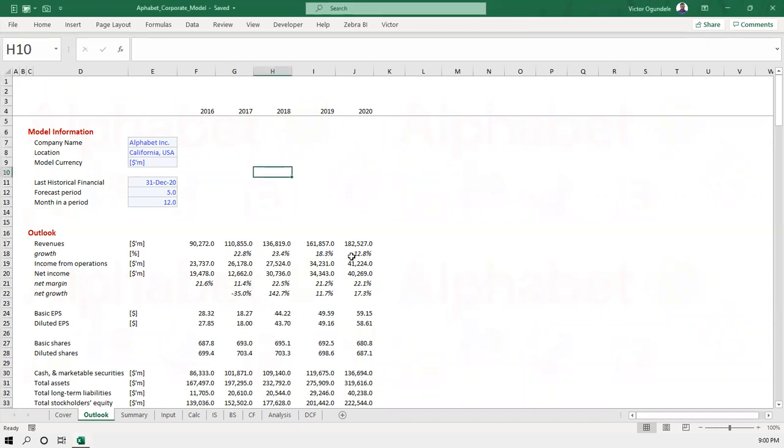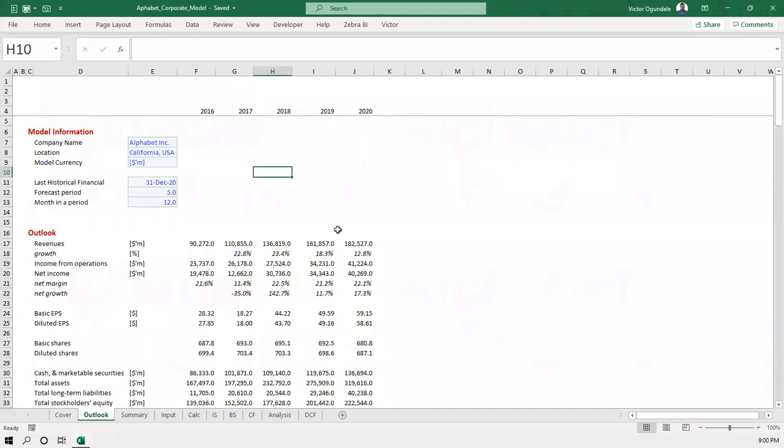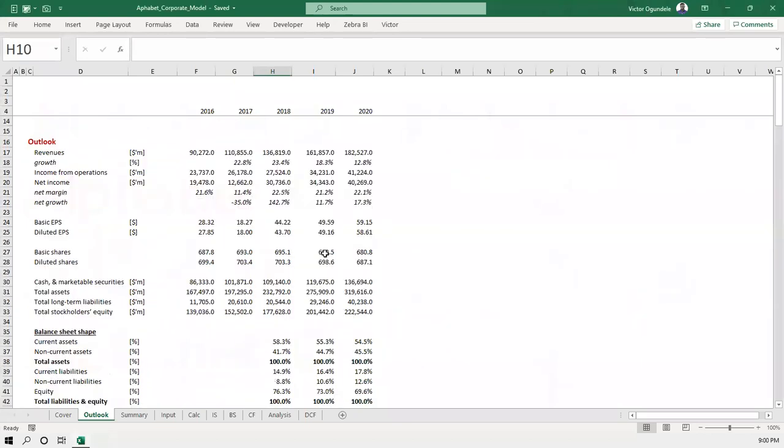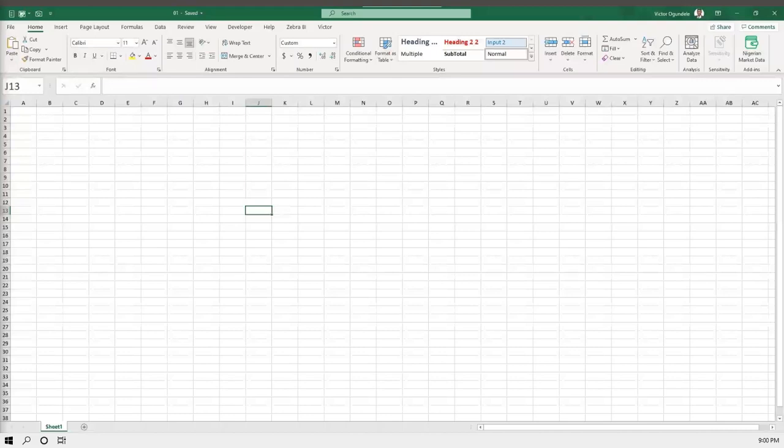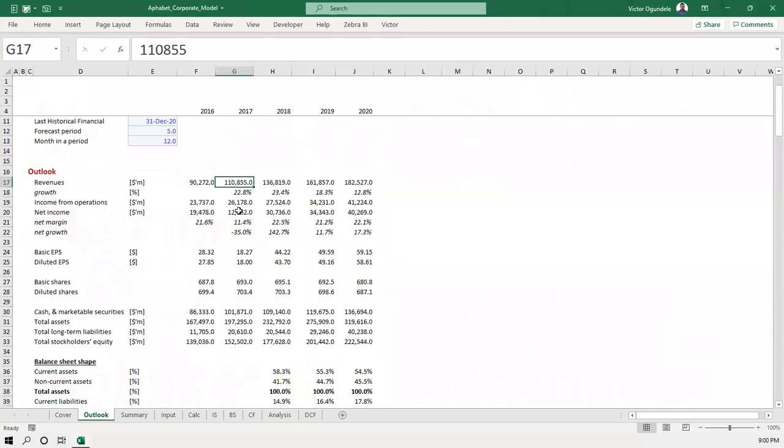So whenever I want to start a model, hopefully this is also Alphabet, so Google, everything. We first take a look at their historicals. Every company usually has these 5 years. Okay, my Excel is acting funny. Let me close it and open it again. So every company usually has these 5 years historical in their financials. And that's the first thing you need to do. You can use it to analyze and understand what is happening in the company.